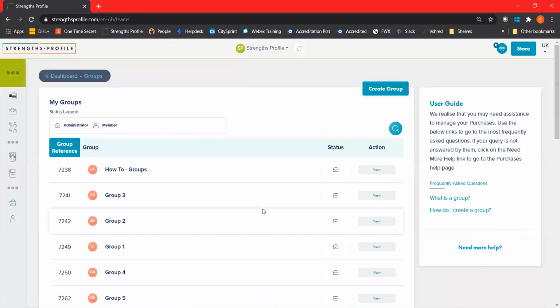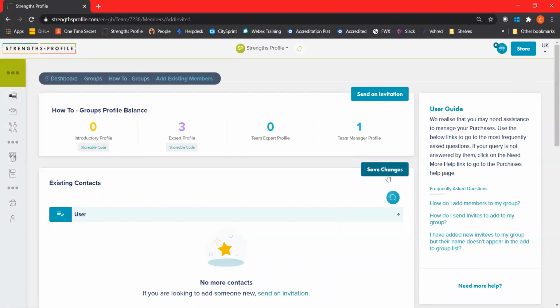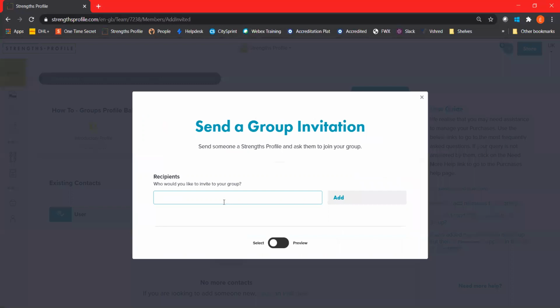Next, we're going to have a look at adding members or administrators. So if somebody has already completed a profile or they're part of a different group and you want them to be part of this group, you can add them to the group without attaching a profile to the invitation. So to do this, you click on add members again, click send an invitation,